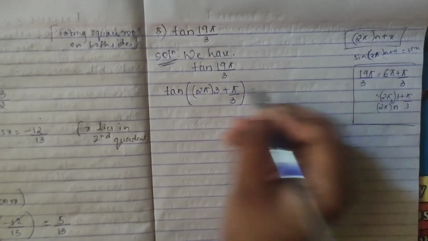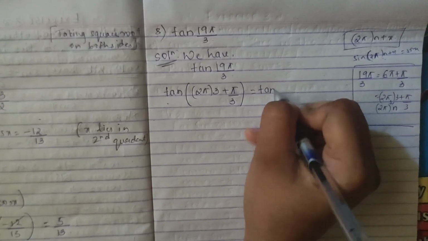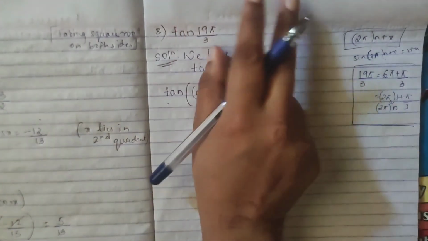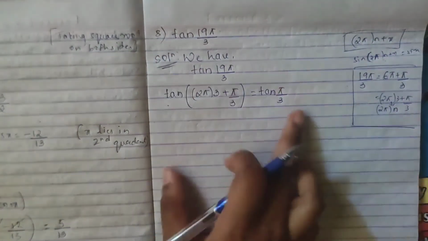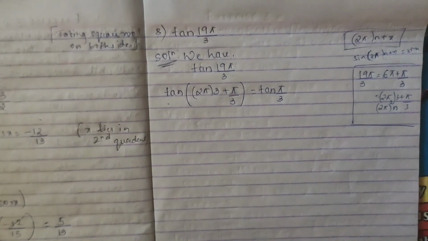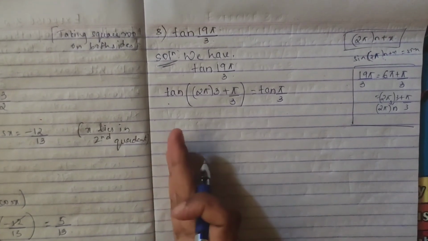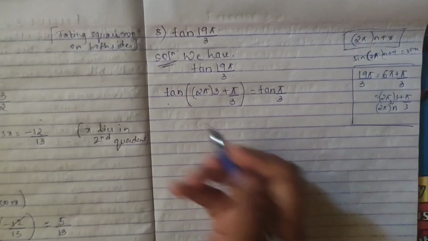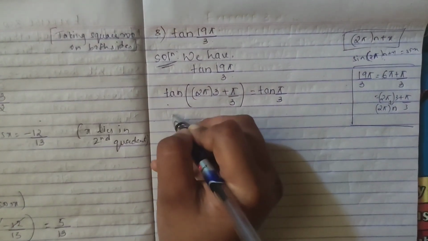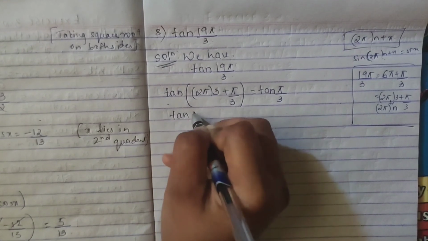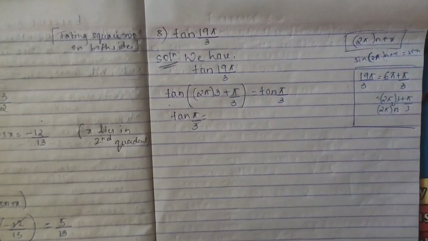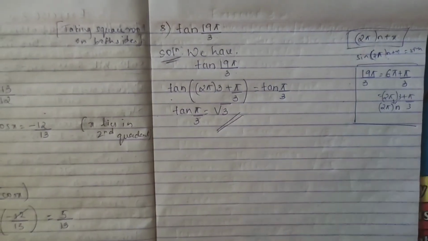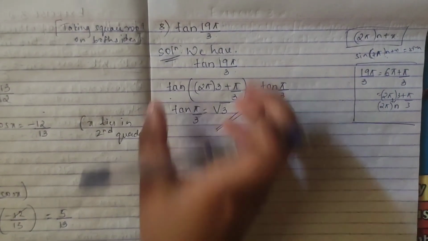So this is what? Tan pi by 3 directly, because for your 0, for your pi by 6, for your pi by 4, for your pi by 3, we have the values. I have said for your degree and your radian, that table's values remain the same. So you get tan pi by 3. What is tan pi by 3? Tan pi by 3 value is root 3. So this is your answer. Simple. Just remember that table and just split it off.